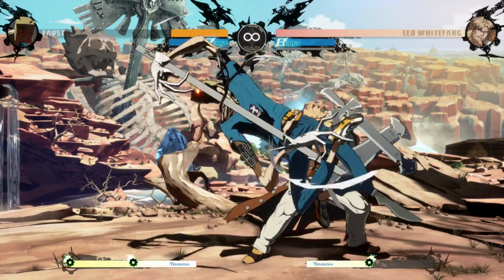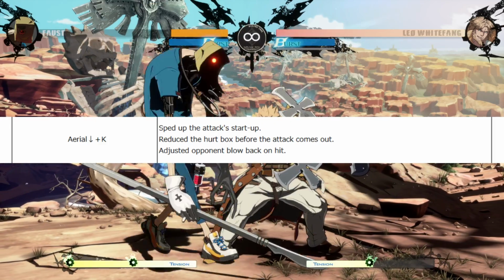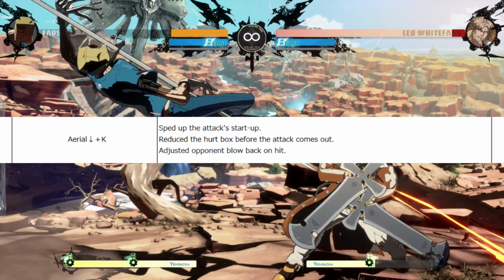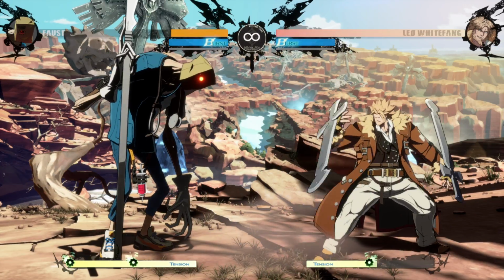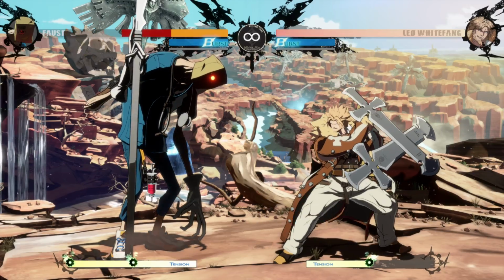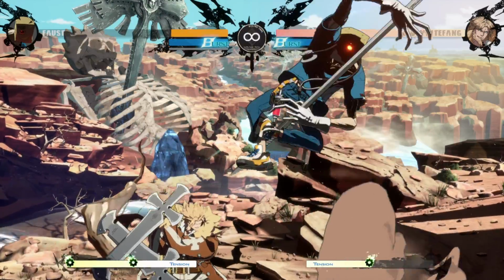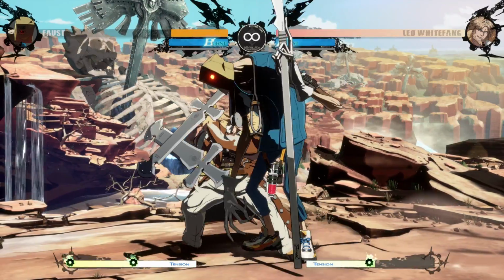Now, jump down kick. So, it says here, sped up the attack startup, so the move itself will start up faster. Reduce the hurt box before the attack comes out, so it's less likely to get stuffed by XYZ. And adjusted the opponent blowback on hit. Now they don't elaborate on that, so that one's a little tricky to read into. I guess we'll know when the patch goes live how that'll turn out exactly,